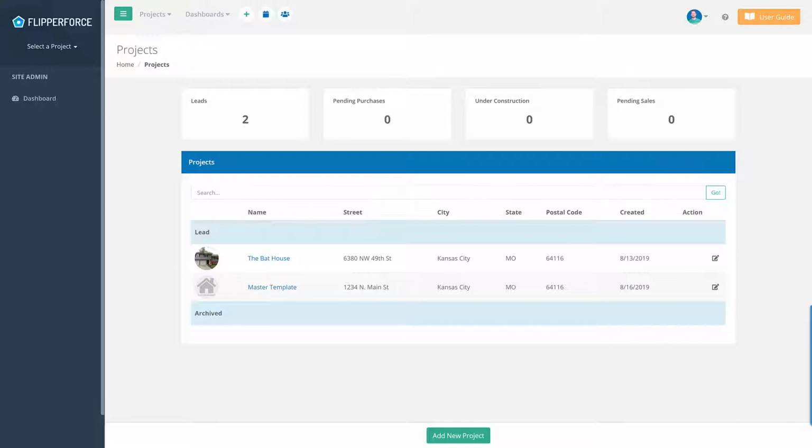So first you'll notice that on the project's dashboard, we've cleaned it up a little bit. You'll notice that we've added in an image column with just a little thumbnail of the property, so that way you can quickly identify a property based upon the image that you've got there instead of looking at the property